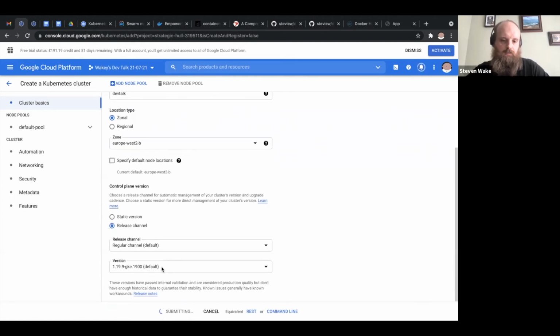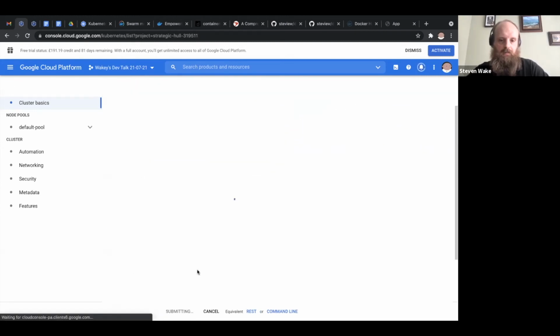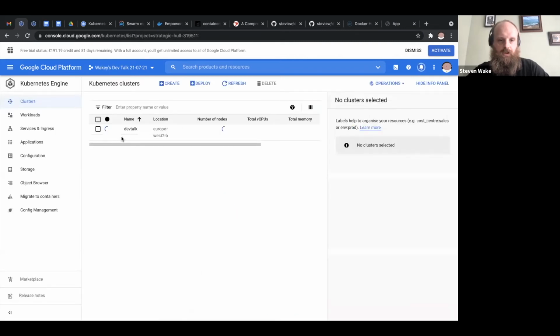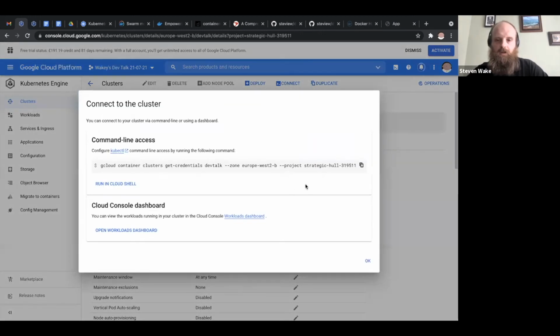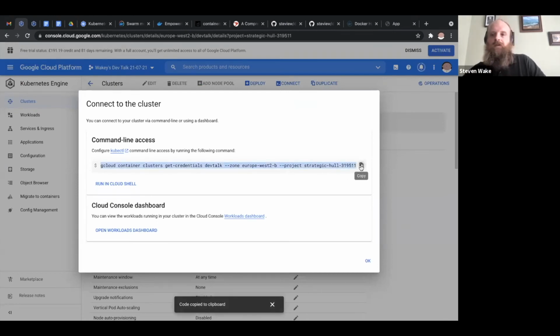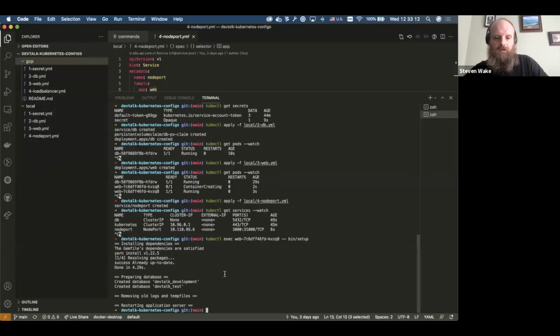This takes a while to set up. Google's got this really cool tool for allowing you to configure kubectl to use the cluster locally, so we'll do that while we wait.